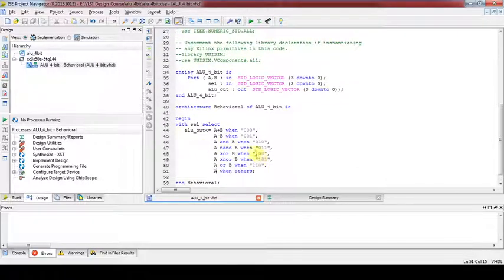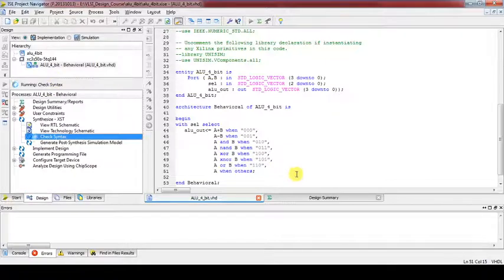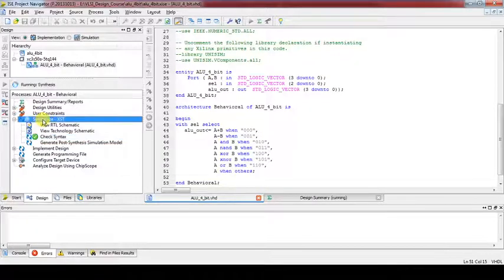So we have to check for the syntax. Let us check the syntax. If we have mistakenly made any mistake, then it will indicate through an error. Okay, then do the synthesis. So let's see the synthesis.